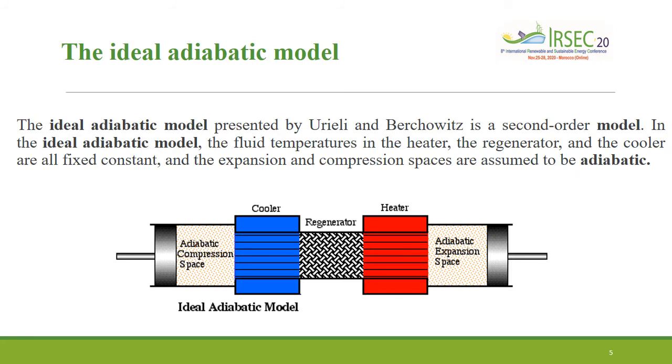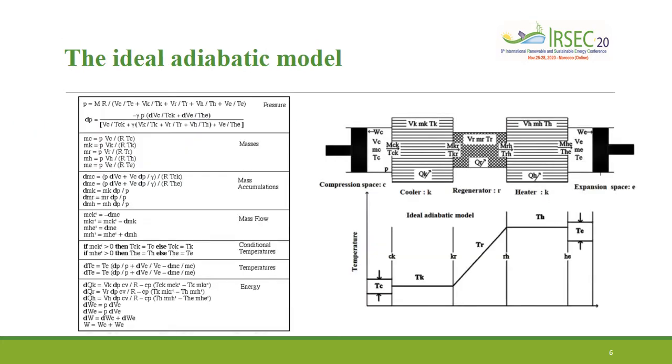The theoretical model used in this work is the ideal adiabatic model developed by Urieli and Berchowitz. It consists of the division of the engine into 5 control volumes, including the heater, cooler, regenerator, compression space, and expansion space. The adiabatic model is based on the assumptions that the gas temperatures inside the heater and the cooler are